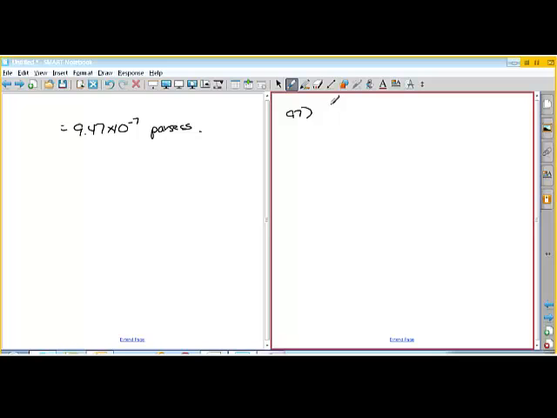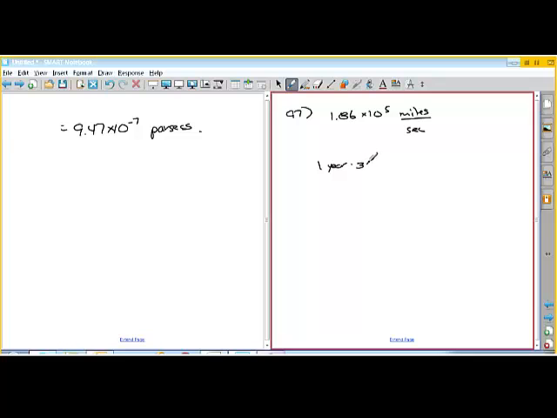Okay, a light year is the distance that light travels in 1 year. Find the number of miles in a light year if light travels at 1.86 times 10 to the 5th miles per second. So what we're trying to do is figure out the number of miles per light year. So what you have to do is figure out how many seconds per year. So you've got 1 year